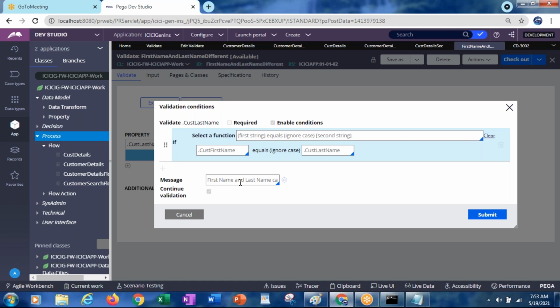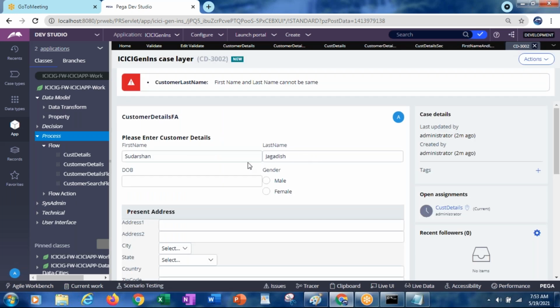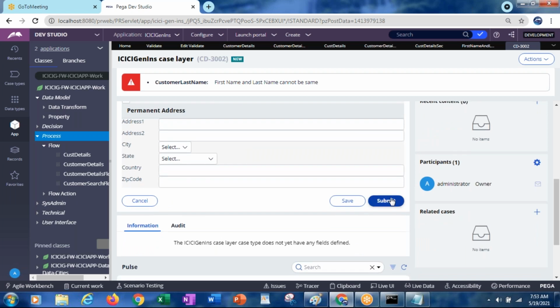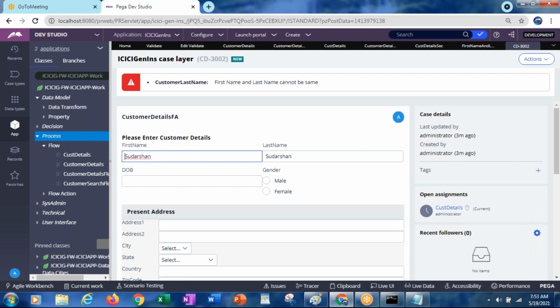In case if you give the same name, it is working in reverse, till it is giving first name and last name. Sudarshan.